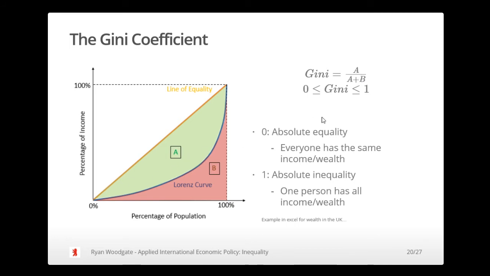So in that case, we have a Gini of 1. That's why absolute inequality is represented by a Gini value of 1. On the other hand, if the Lorenz curve was essentially overlapping the line of equality, shifted as far